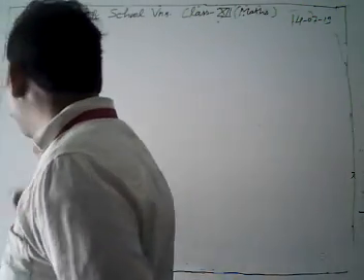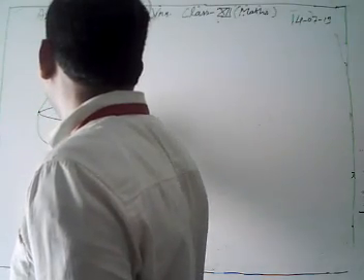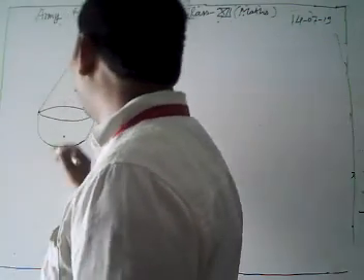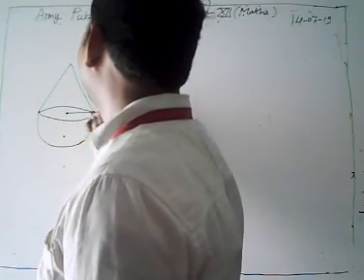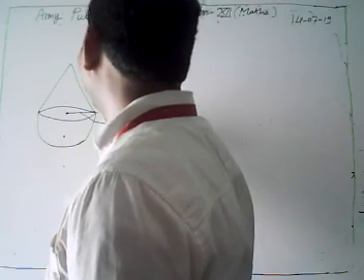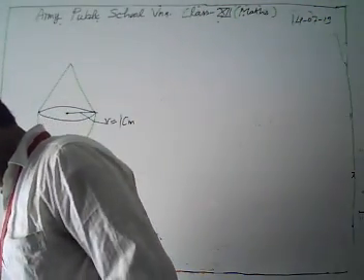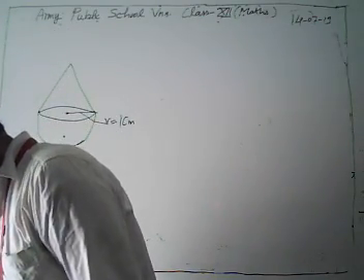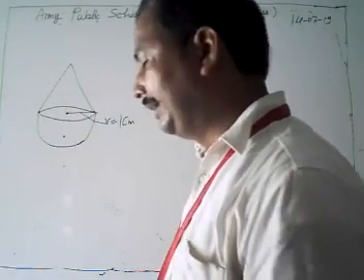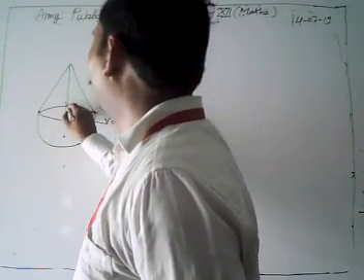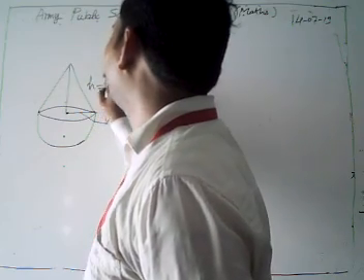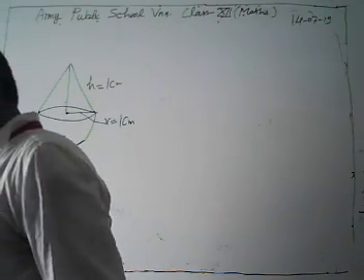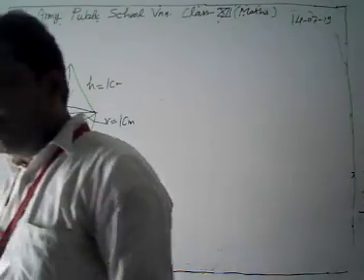Standing on a hemisphere, with both their radii being equal to 1 centimeter. It's given there, radius r is equal to 1 centimeter. The height of the cone is equal to its radius, so h is also 1 centimeter. Then we have to find the volume of this solid in terms of pi.